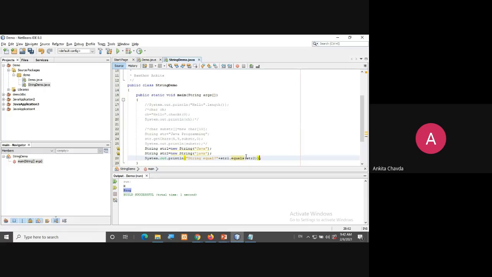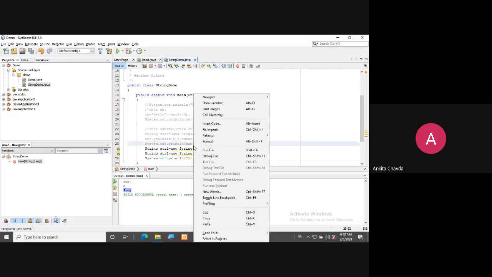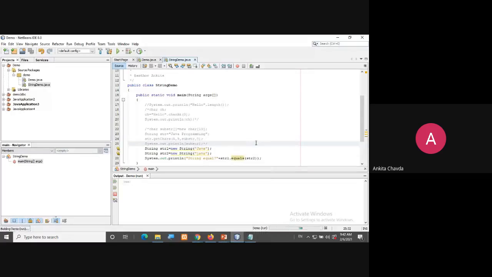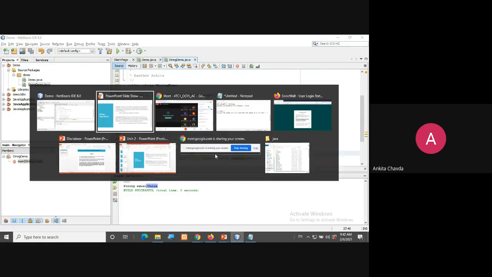Okay, so this is what you are doing. Just check if any error is there or not. See, what they are giving me? False. Why? Because in string 1 I have given capital J and in another string I have given small j. But many times it is required to ignore the cases, but just let me know whether both the strings are equal or not.